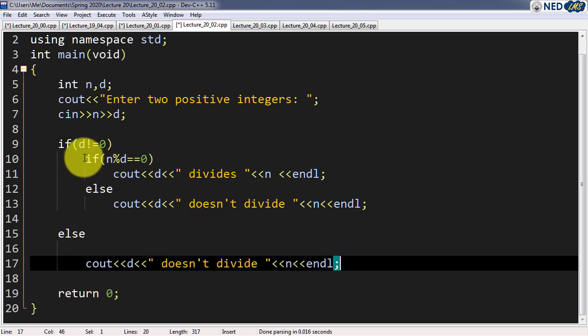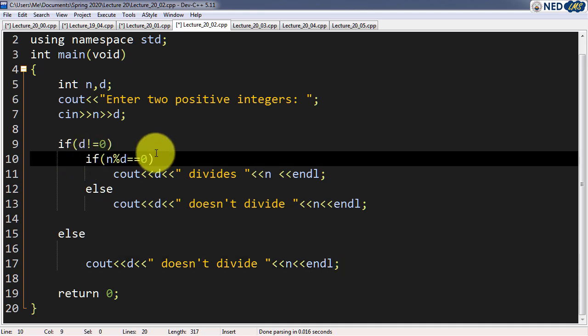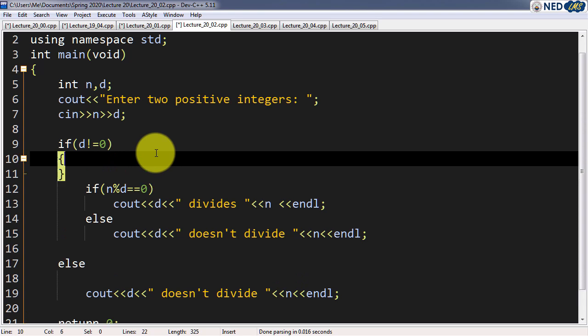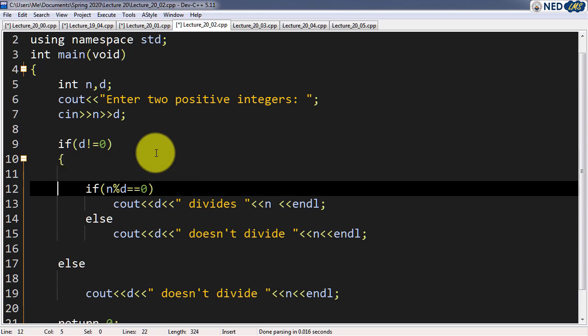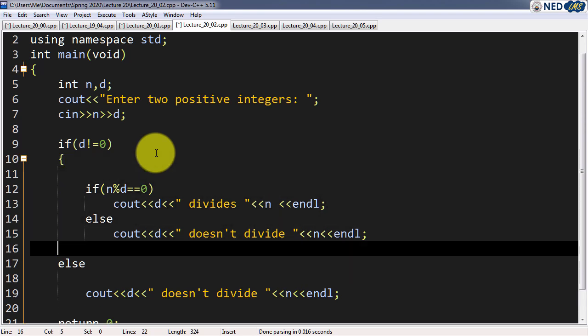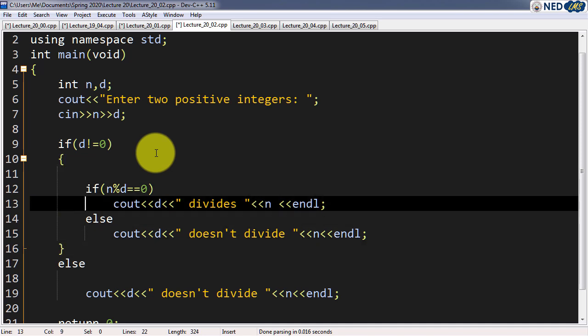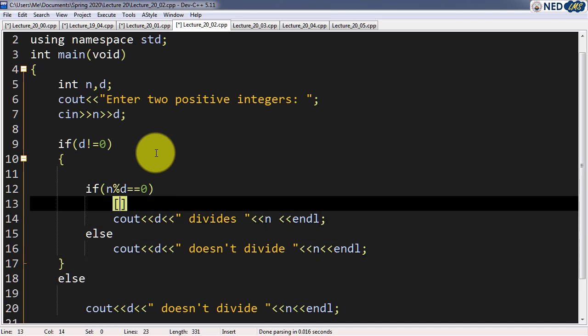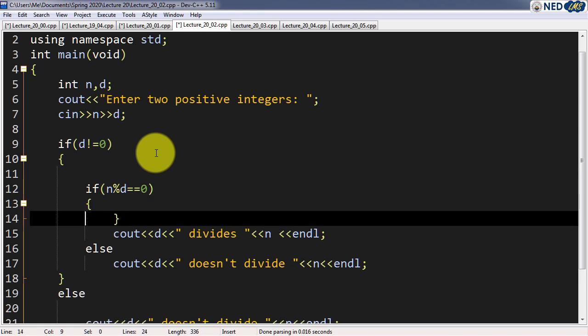Now if you are not happy with not using the curly brackets, you can use curly brackets. So let's see how I can do that. I'm using the curly brackets over here. Then this if statement runs up to here. Sorry, not square brackets. This statement runs from